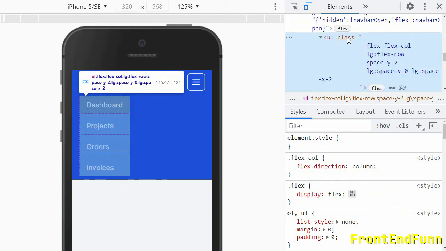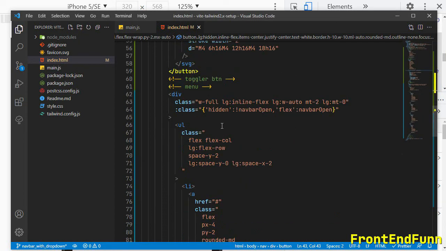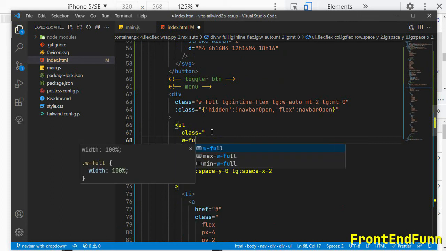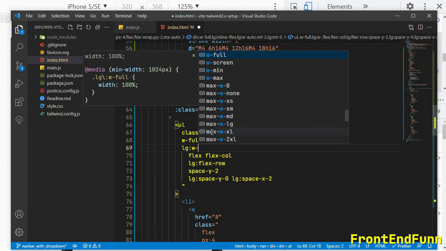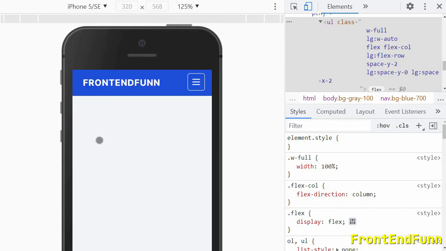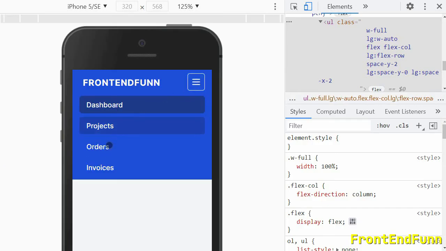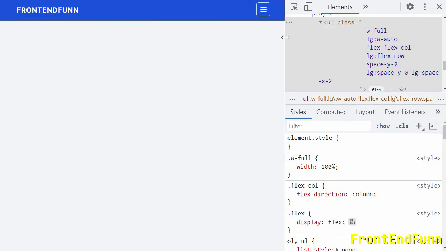The UL element is not taking full space here. We can add the w-full class for the UL element, and similarly on large screens we are setting the width to auto. So this is the regular navbar.